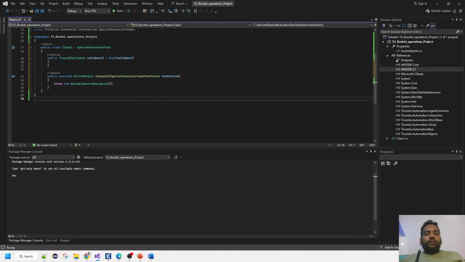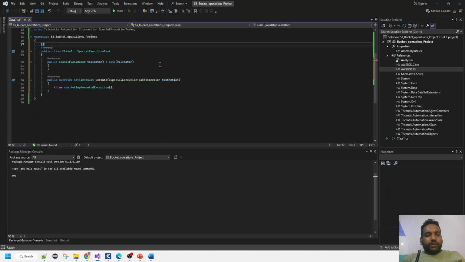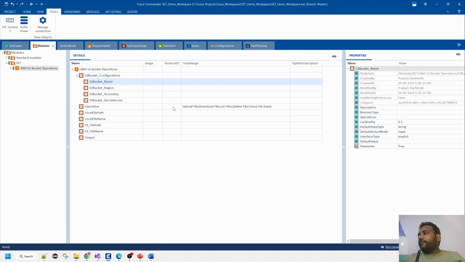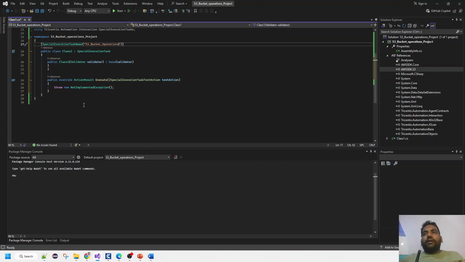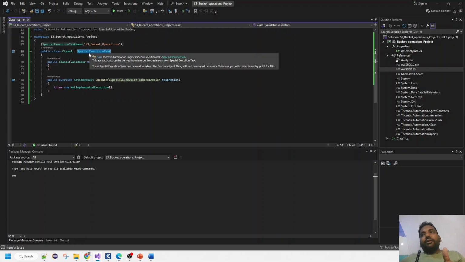One more thing we should be doing is annotating the particular class with the special execution task name. This task name should be exactly the same as what you have given here. It should be at the module level, and this is the special execution task name, which is S3 bucket. This is where it links the code that needs to be executed as a part of the module. So the special execution task annotation, and then I'm extending the capabilities of this abstract class, special execution